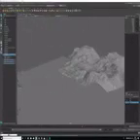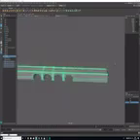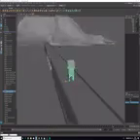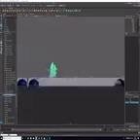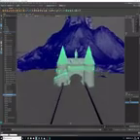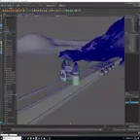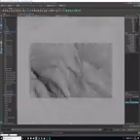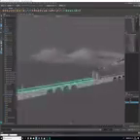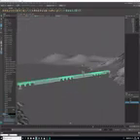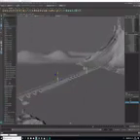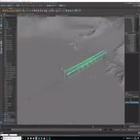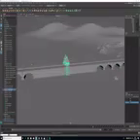Okay, so as you can see, I've kept doing the same processes all over again. And here I'm just importing some few kit bash assets, trying to incorporate them into the design of this bridge, just to add some variations because it's quite a long bridge. There's quite a long distance between our foreground elements and our main castle, our hero hill. So you want to make sure that this bridge has enough variations, otherwise the repetitions will be very visible, and obviously you don't want that. It's just really unnatural. So that is one of the key things to pay attention to, and that is also why I keep